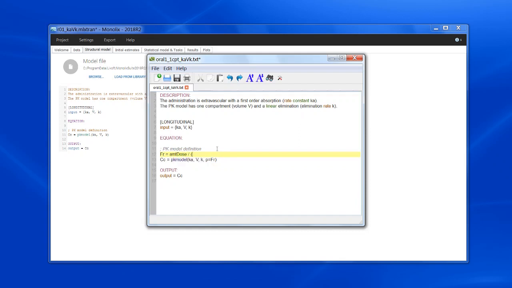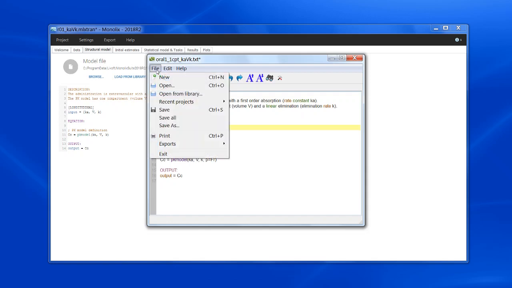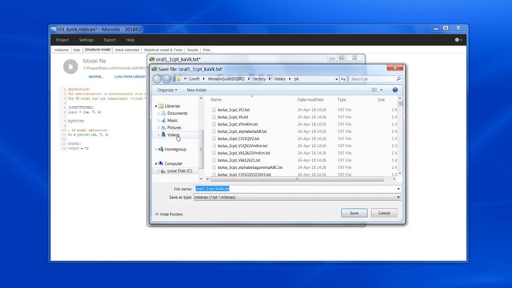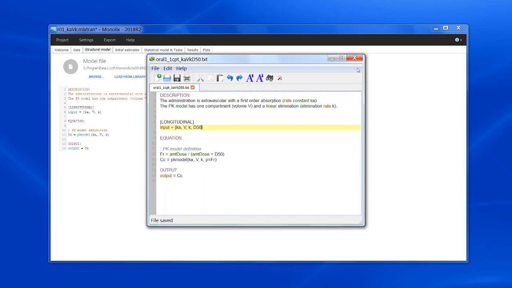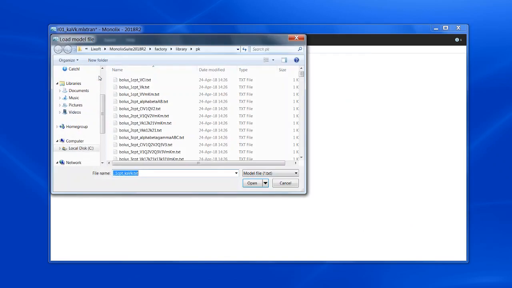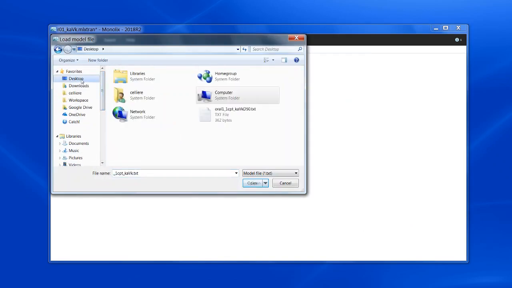As you can see, it highlights in green, so it means that it is properly recognized as a keyword. And I should not forget to add D50 as a new parameter here. I can now save this under a new name, D50, save, close, and load this new model file.